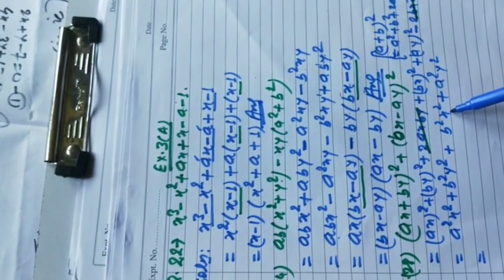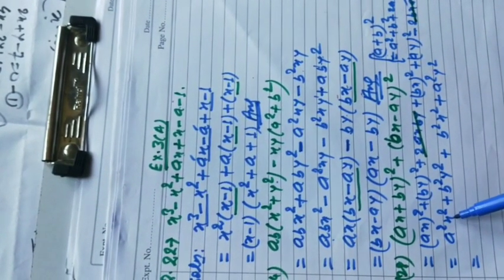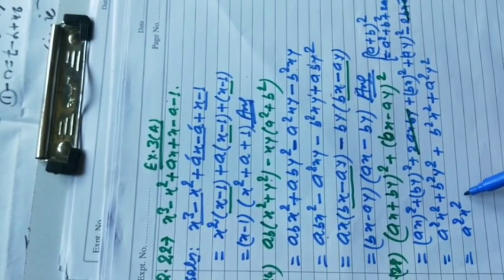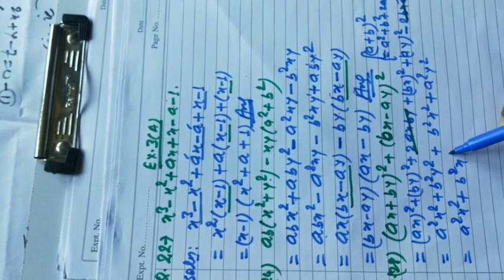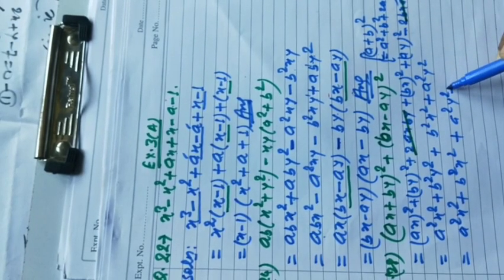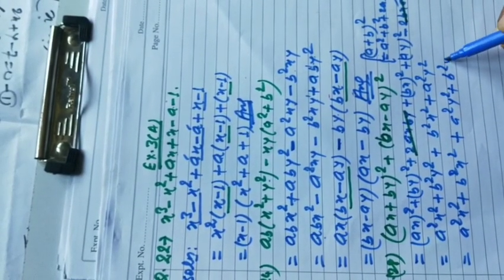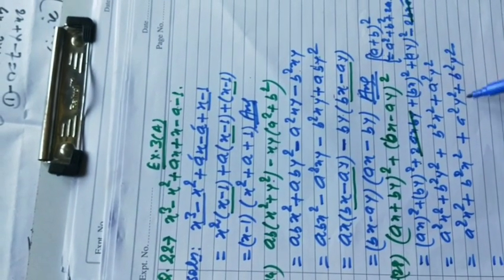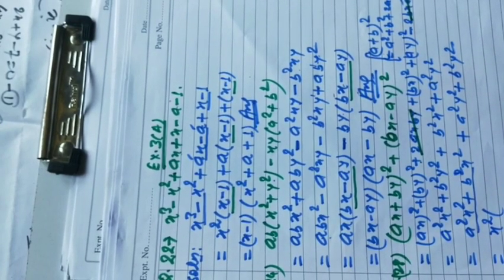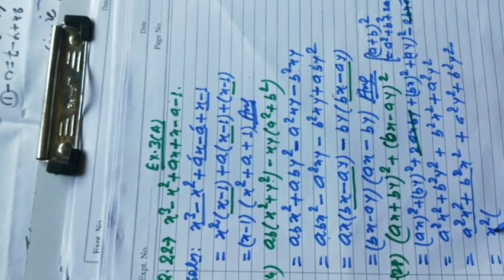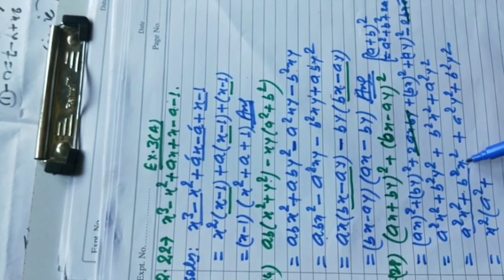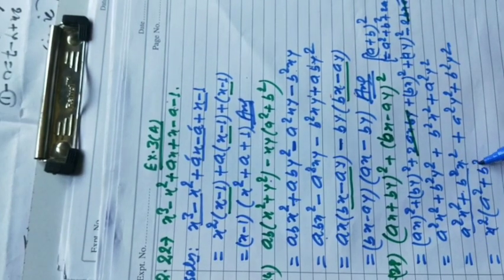x square is here in the third term and x square is here in the first term, so take these two terms together, a square x square plus b square x square, and a square y square plus b square y square is here, so we have rearranged it. Now in these two terms x square is common, so take x square common, this x square will cancel by this x square, then a square will be left here. After this plus sign is there, and x square will cancel by x square, then b square will be left here,